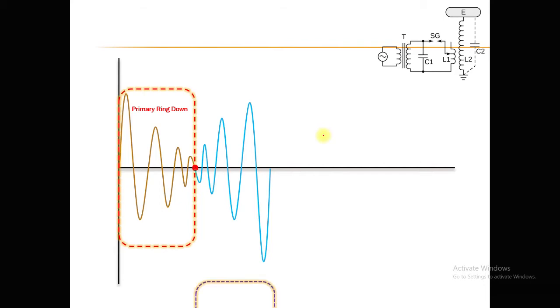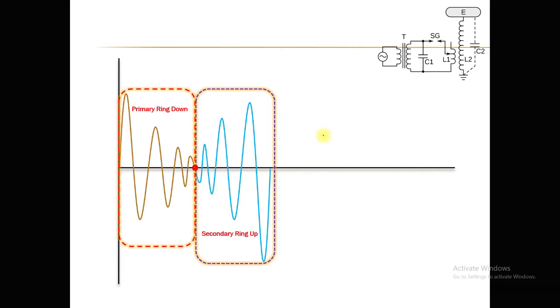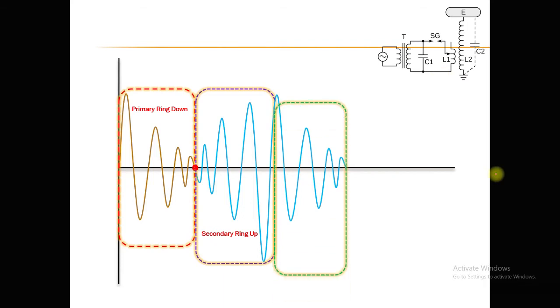This is known as a secondary ring up, because the voltage in the secondary winding is increased. Now, as there is proximity between the primary and the secondary winding, whatever energy has been gained in the secondary winding is now reflected back to the primary winding. So the energy is now transferred back to the primary because of the mutual coupling between the primary winding and the secondary winding, which enables a secondary ring down, and